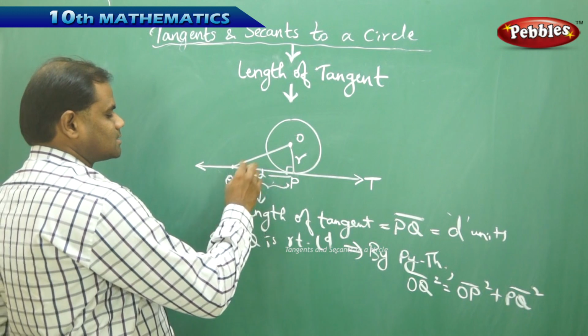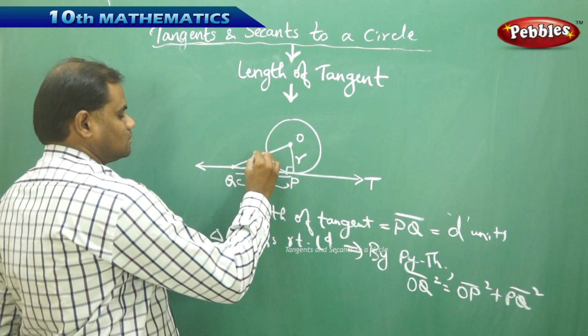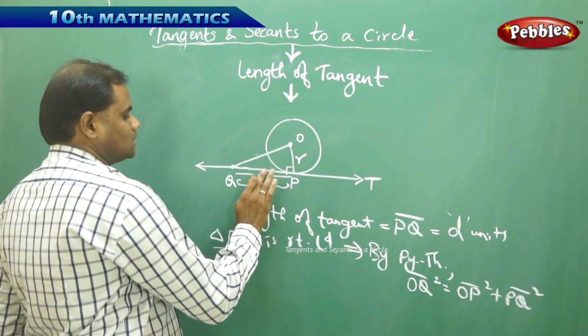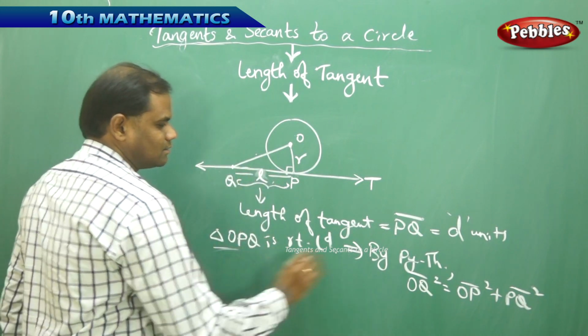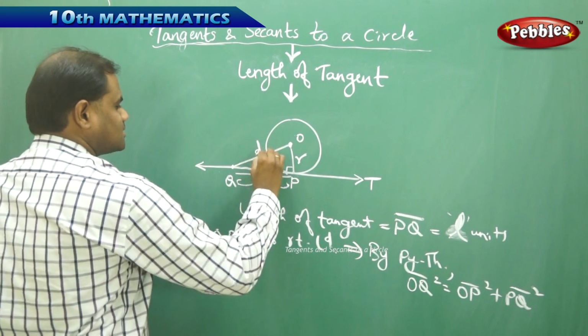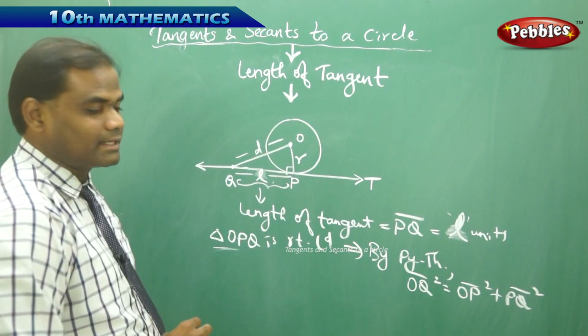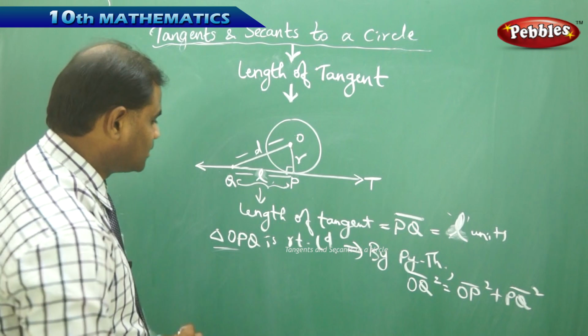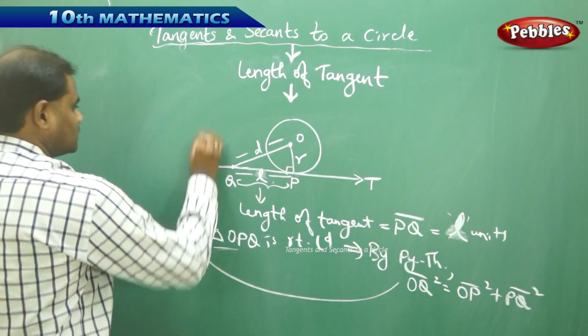Then I take this. Let me take this as L, not D. So if I take this as L and I take this as D, let's see what exactly I get by substituting in the Pythagoras theorem. So to continue with, I get